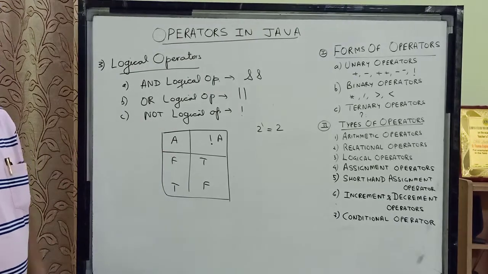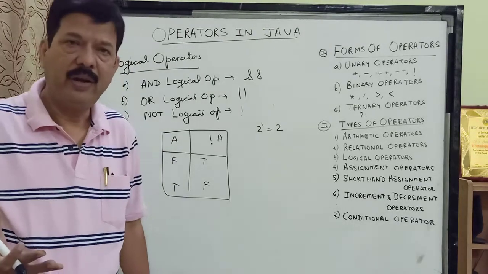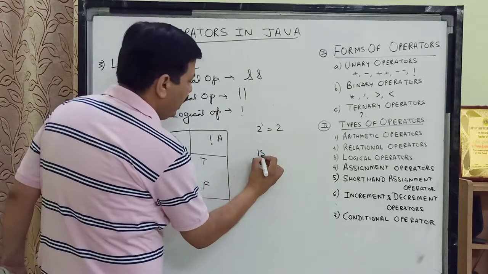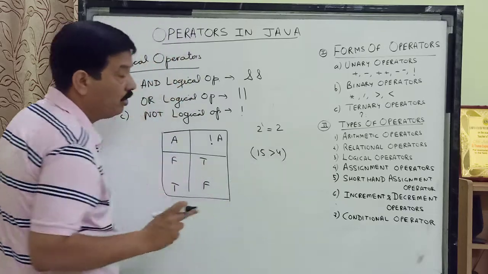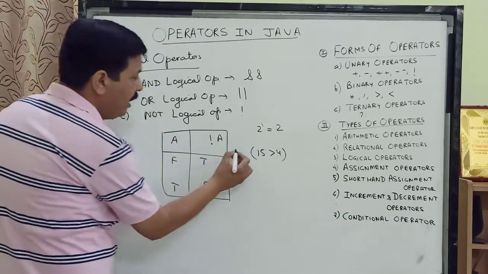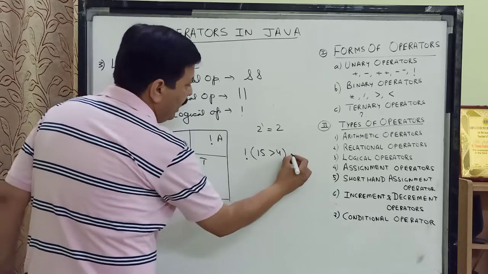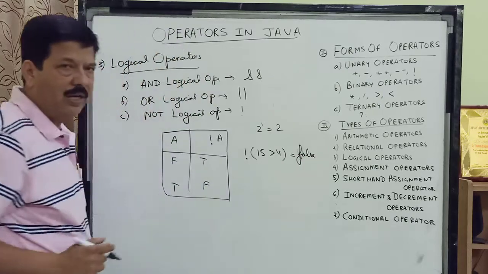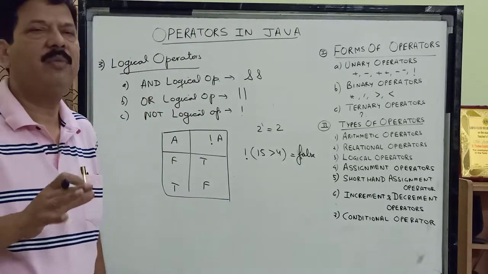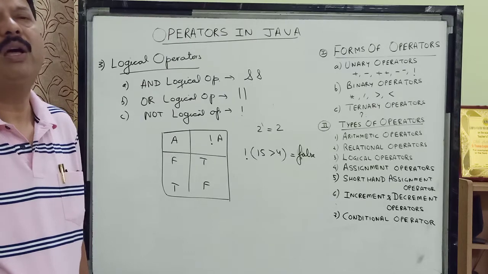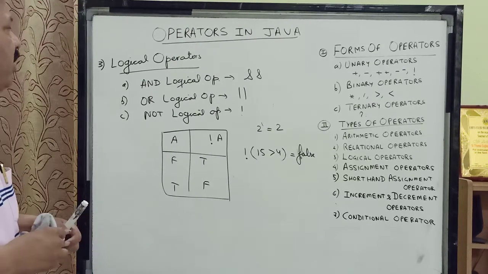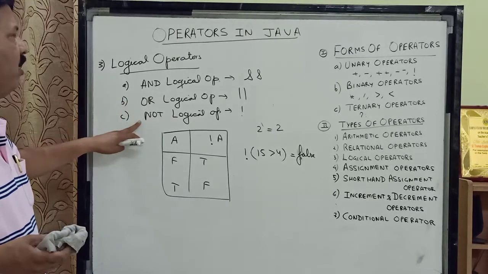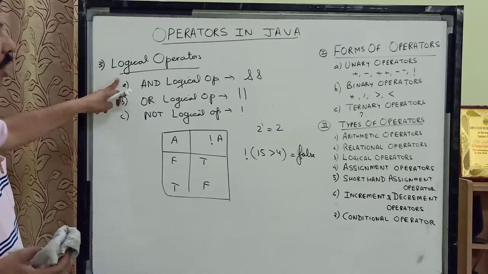So the NOT operator is also called the inverter operator, and it is used as a unary operator. So children, if I say 15 is greater than 4, the answer to it will be true. But if I put a NOT sign over here, then its answer will be false. Is it clear? So on false, if you put a NOT sign, it becomes true, and on true, if you put a NOT sign, it becomes false. So it is just reversing the input. And, OR, and NOT come under the category of logical operators.